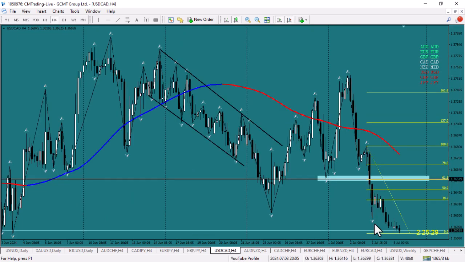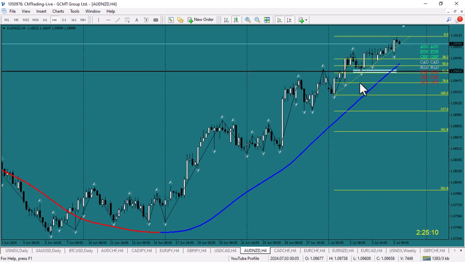US CAD, showed you this one yesterday. Big swing down the page. Retracement back to structure here. US CAD, US red zone. I want to be short US, but not from these levels. So on a retracement, if I'm lucky enough, I'm not saying it will retrace, I say if it retraces. So if it gets back up there, I'll get interested in some shorts.